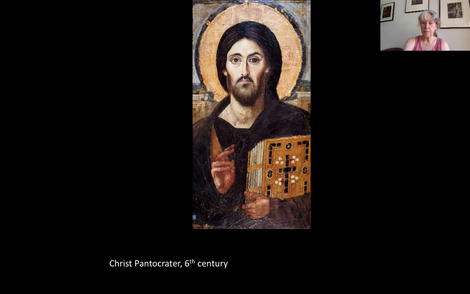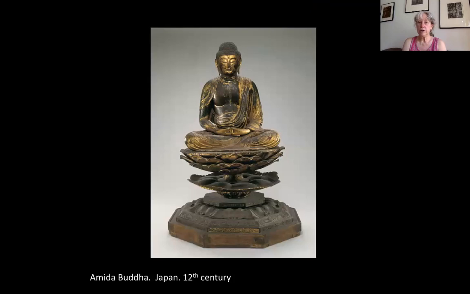So, yeah. But this is also a religious work of art, and if you're not a Buddhist, you may not understand the iconography of a work of art that's not from your religion or your culture. This is a Buddha. It's Amida Buddha, sometimes called Amitabha Buddha, and he's sitting on what's called the lotus throne, which is a big flower, and his hand is in a particular gesture called a mudra, and he has a sort of a top knot